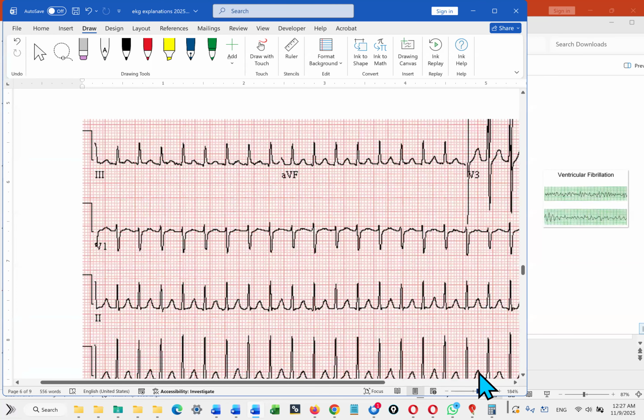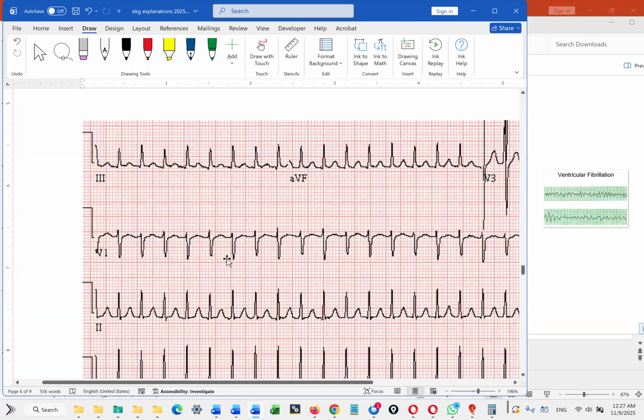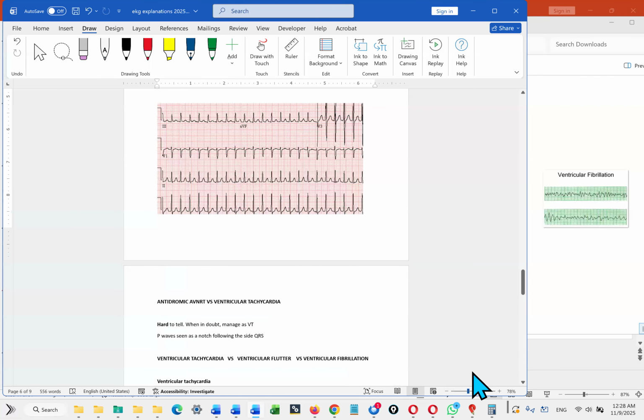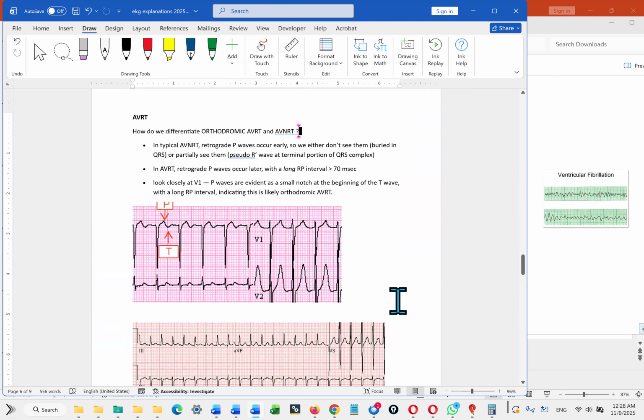Yeah. Thank you. There wasn't enough time to get examples of each, but the main thing to remember about AVRT is this: if you look online at many of these examples, they will start by saying, oh, this could be AVNRT, it could be AVRT. The way you differentiate AVNRT versus AVRT is that in AVRT the P wave lands much delayed after the QRS complex, whereas with AVNRT it will be in the same vicinity, right after it. So the delay is what tells you. And another important point to remember